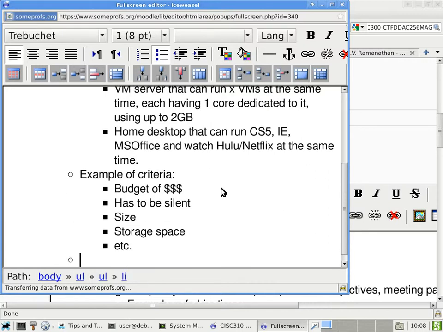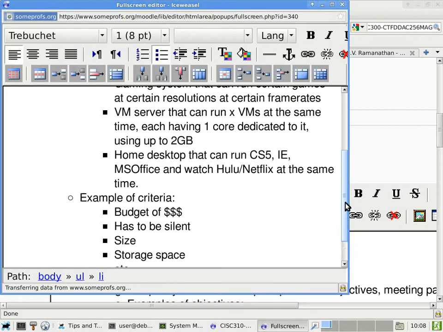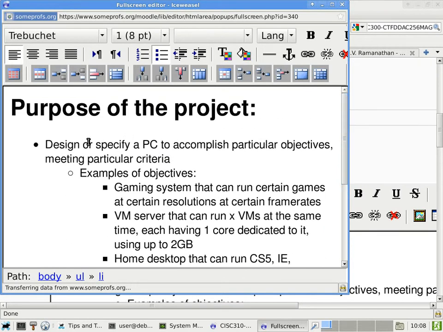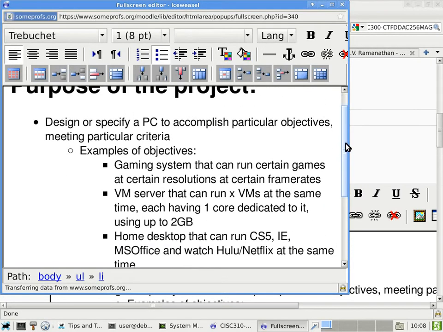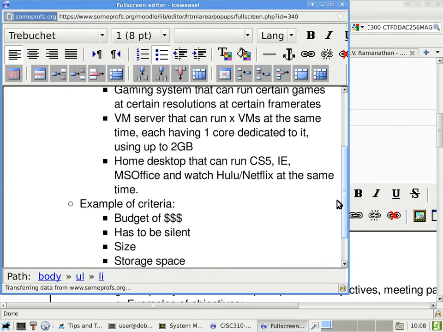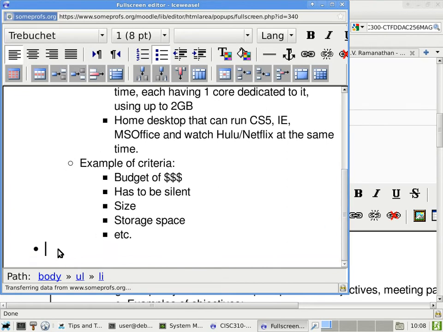So I want these things all to be specified by numbers. Okay, it's not just quiet. Tell me what decibel rating you want. Decibel is a measuring unit for signal to noise ratio, so that's one thing you can use to specify it. Okay, so I just talked about objectives and criteria. The next part deals with the